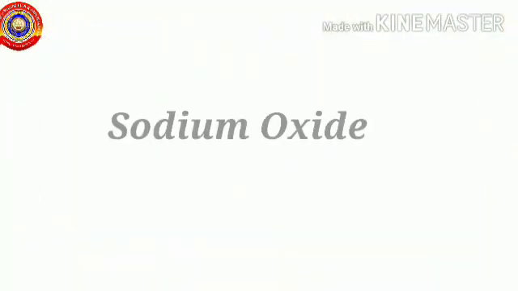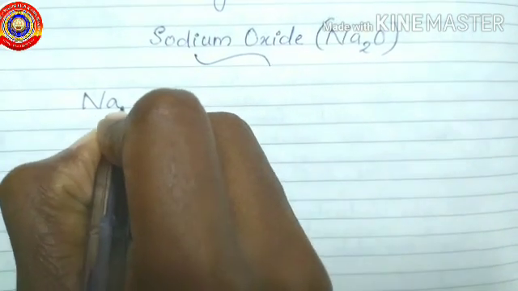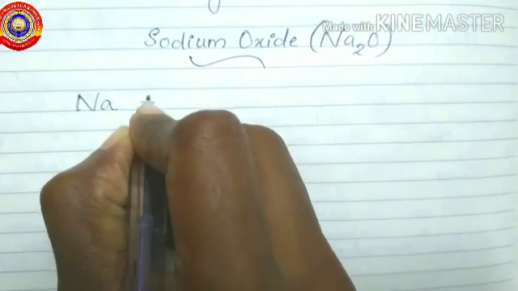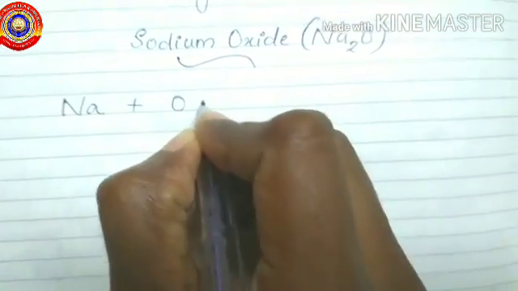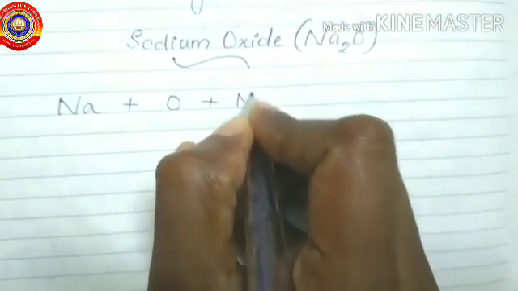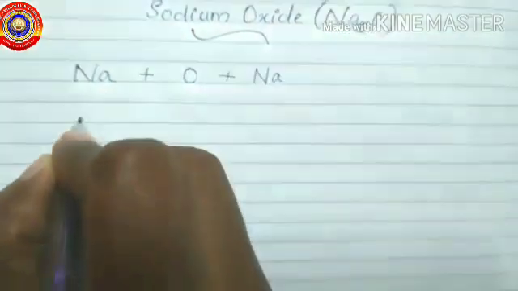See another example of a compound with ionic bond. Sodium oxide. Its chemical formula is Na2O. In sodium oxide, there are 2 sodium atoms. So you have to write the oxygen in between these 2 sodium. Now write the configuration of sodium